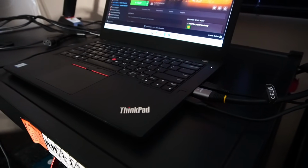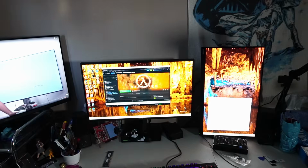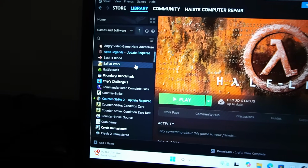On to the gaming tests. I'll be recording gameplay with help from my workstation PC down here. And I've got this HDMI cable connected to an Elgato PCIe capture card, and we have the display mirrored over here for recording. Last time I played some games like Fortnite and Dead by Daylight, and in 2025, and as